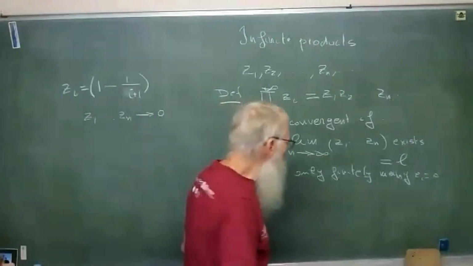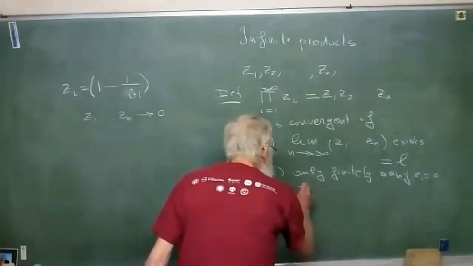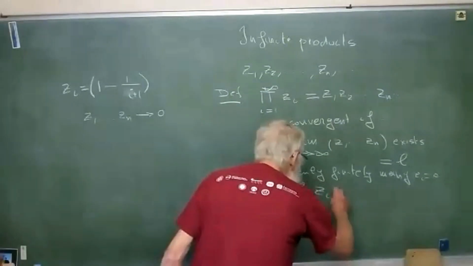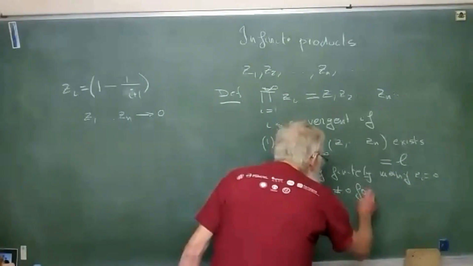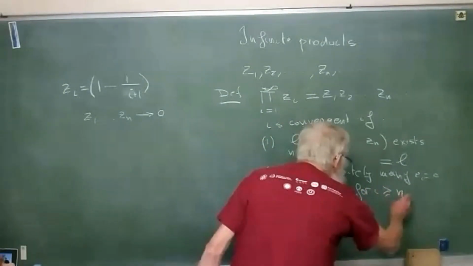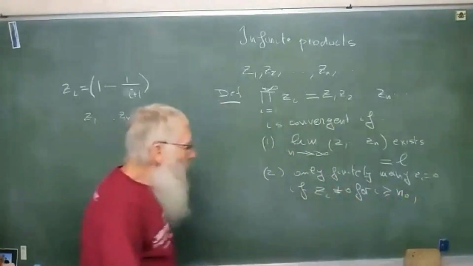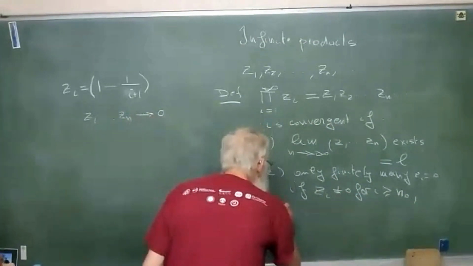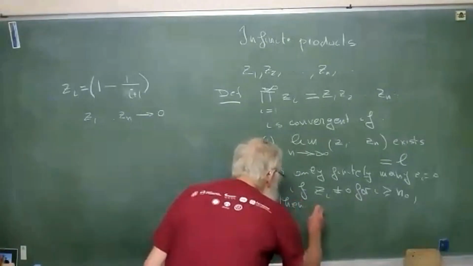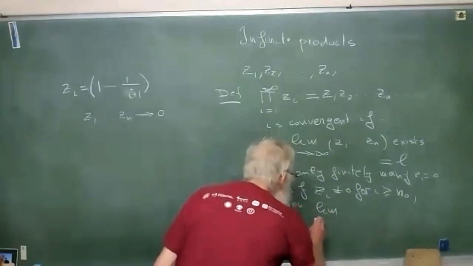But we want also that if Zi is different from 0 for i greater than n0, we want also that the limit as n tends to infinity